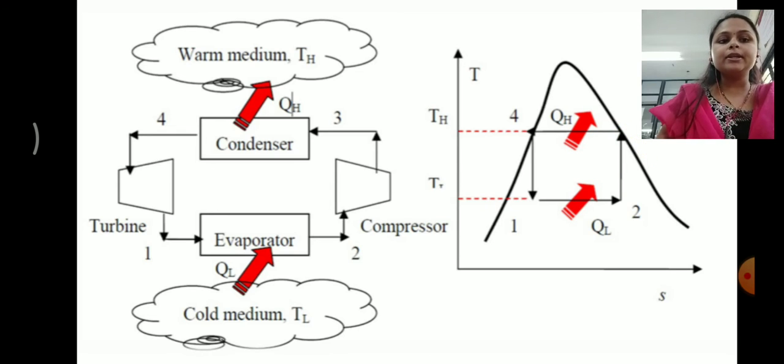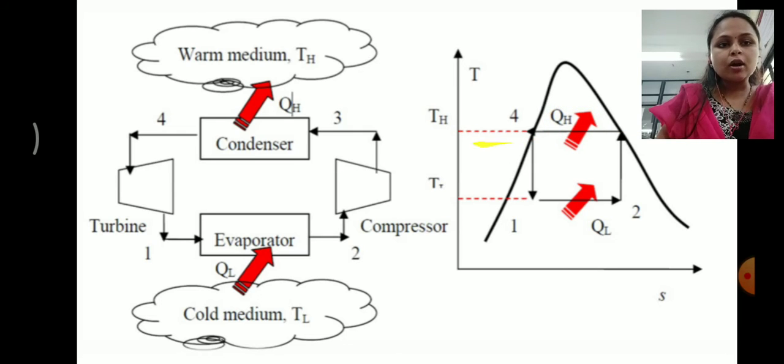Here the temperature increases in the compressor, that is from TL to TH, but when we come down we get only 1 point. It means entropy is constant in the 2 to 3, that is the compressor process. From 3 to 4 we can see there is heat evolved to the surrounding, that is QH,